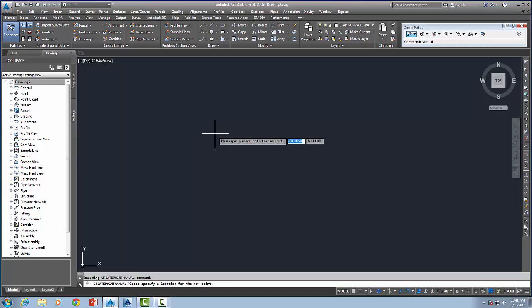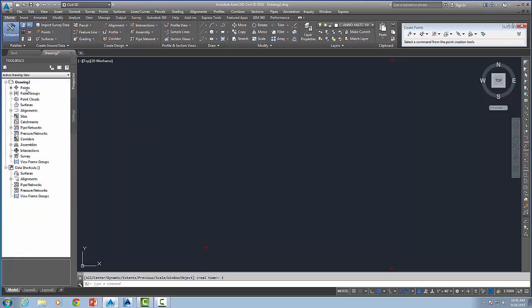When you're done, go ahead and hit the escape key twice, and then a zoom and extents. And you should see your 3 points, one here, one up here, one here, and notice they don't have their labeling. So under the prospector, we'll notice we now have created points, points group, we have our all points. So what we're going to do is go and look at the